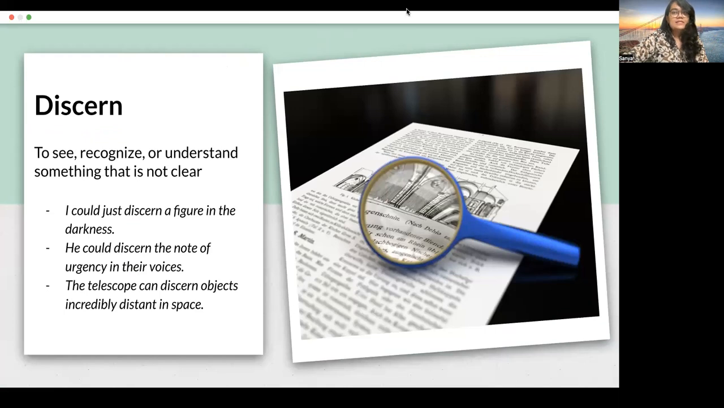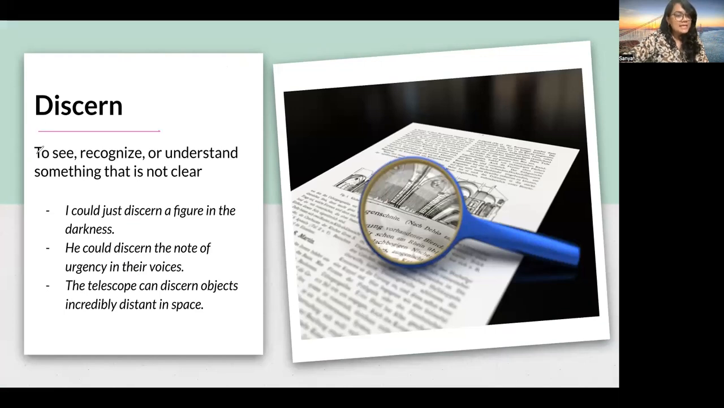Discern. Discern means to see, recognize, or understand something that is not clear. I could just discern a figure in the darkness. That means I could just make out that there is a figure in the darkness. I could just recognize that there is a figure in the darkness. I couldn't clearly understand what it is, right? So if you are trying to understand something that is not clear, what are you doing? You are discerning. For example,